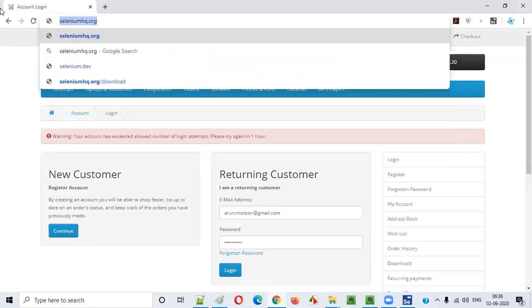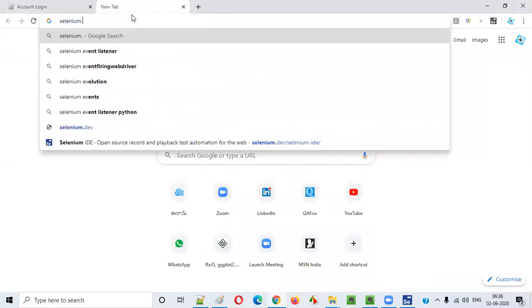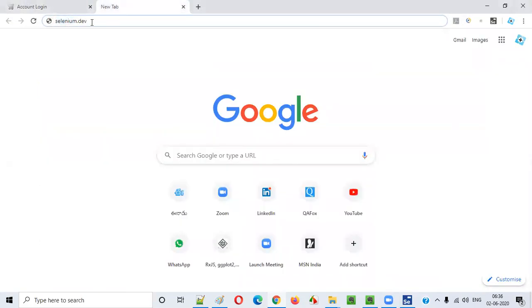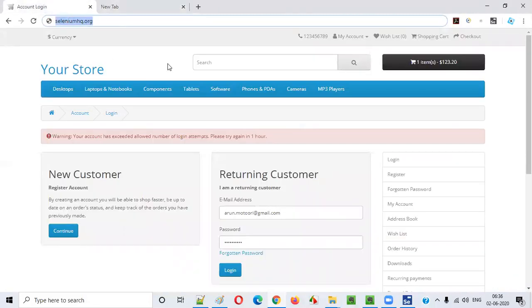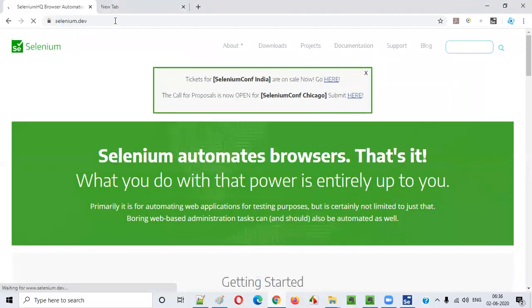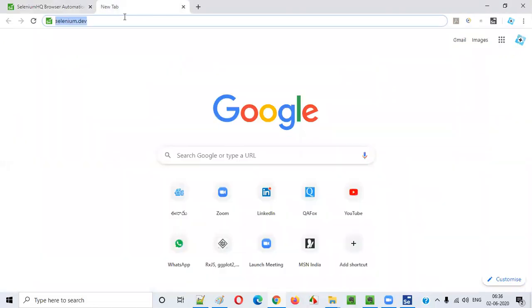So this is the older official website, guys. Seleniumhq.org is the older official website. The latest official website is selenium.dev. Earlier we had to browse seleniumhq.org to go to the official website of Selenium, but now we can browse selenium.dev. Selenium.dev is the latest name for the official website. But don't worry, guys, even if you type seleniumhq.org, it will take you automatically to the same latest site, that is selenium.dev. You see, I browsed for seleniumhq.org, but what I got? Selenium.dev. It got redirected.